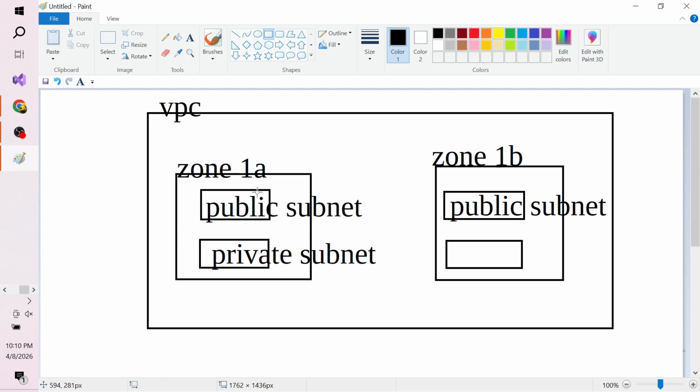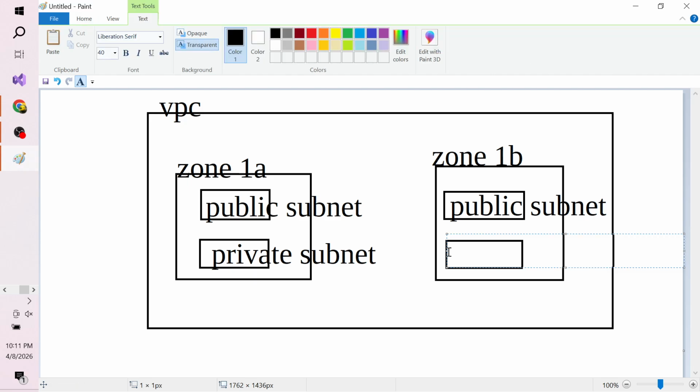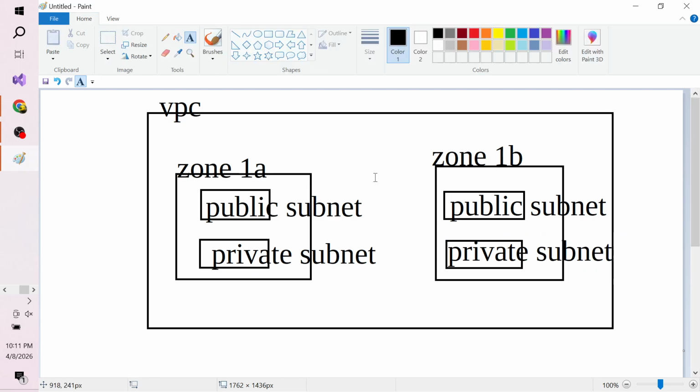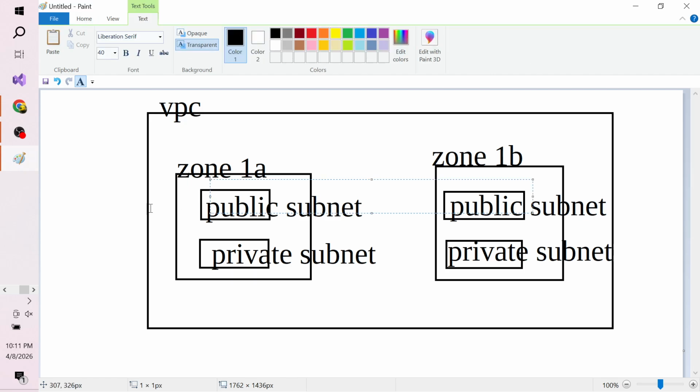Remember, in your first lab you're going to create an EC2 in the public subnet. Once you have these four subnets, you should create your website in a way where